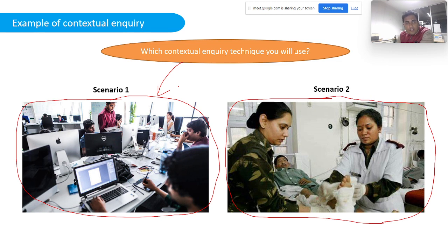So the first thing can be getting permission from a higher authority, and then you move within that office environment and try to observe the environment, the crowd, the environmental noise, the work environment, the distance between the personnel, how they interact, how they work, and how many times they leave their seats. All that information you can get via